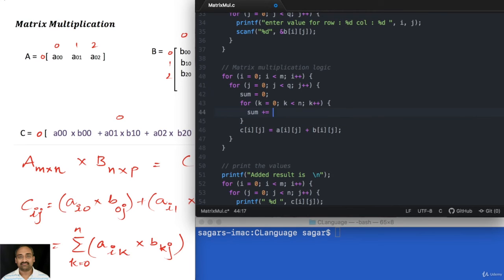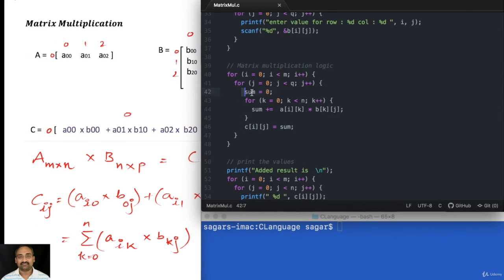Sum plus equal to means we are adding the value to the sum, and the product of the terms aik and bkj. Now finally, the sum variable contains the sum of all the products and Cij will be the value obtained in the sum.